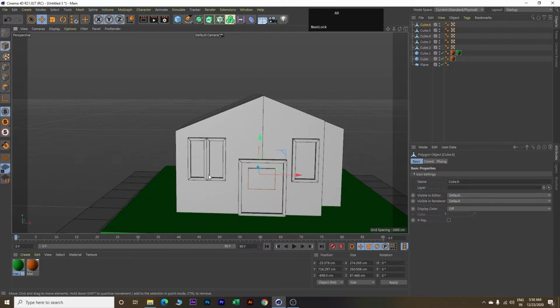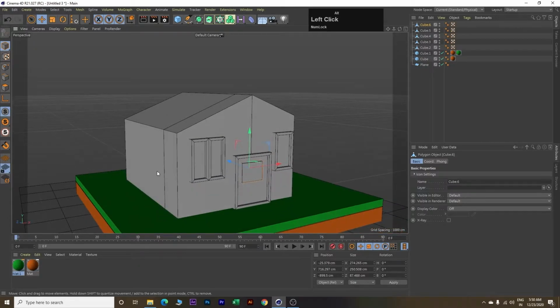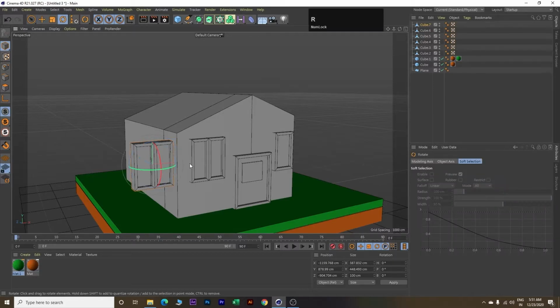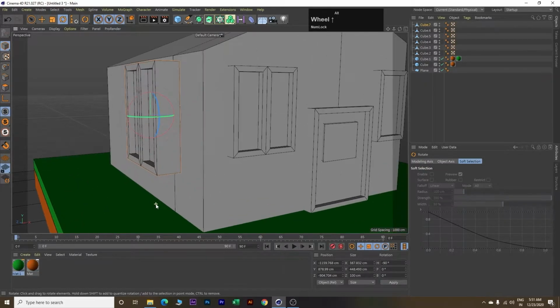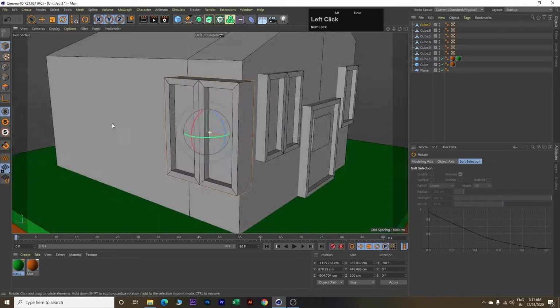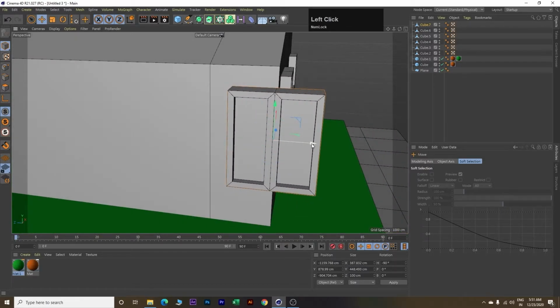Next we will copy this window and place it on the left wall also. So click on this window. Again we will make a copy using the Ctrl key and dragging this object towards the left. Now we will click R on your keyboard to rotate. Next rotate this. Make this rotate value H as 90 degrees. And next we will place it in its right place. So click E on your keyboard, move it towards the right.